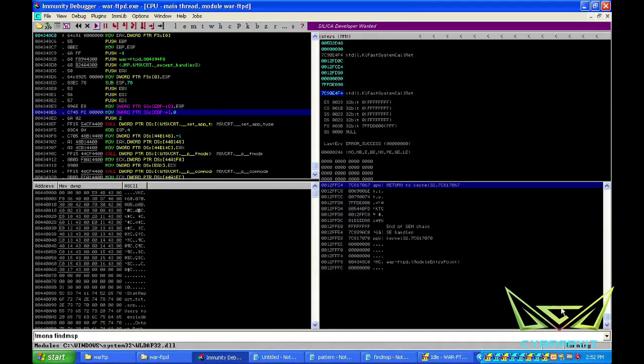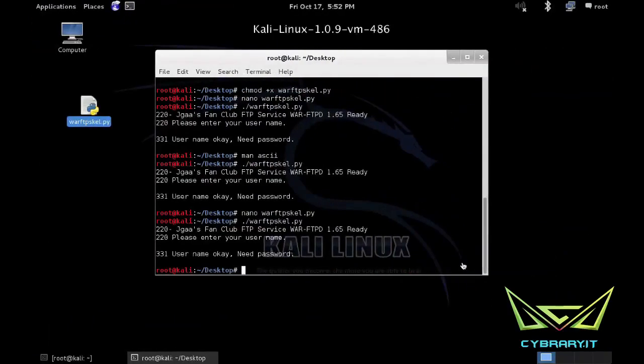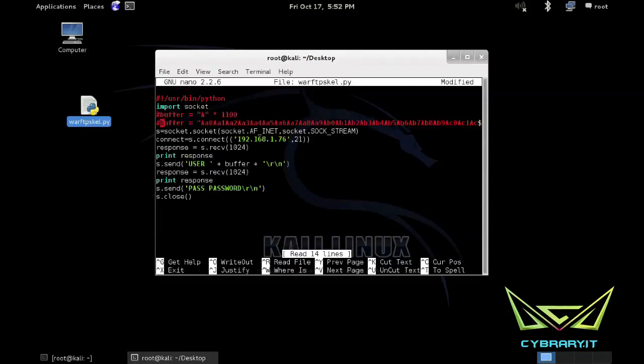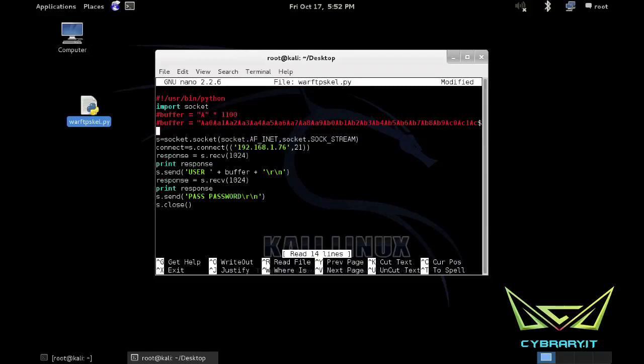Lightning bolt. We're running. Alright, so let's come over to Kali again and open up our war FTP scale.py. Again, let's comment out buffer equals our pattern and recreate buffer and set it equal to, let's say, A times 485. Remember that that is our offset to EIP. So plus B times 4, so that should be 4 bytes for EIP. Remember there were 4 extra bytes for the calling convention for some argument that will be ripped off when the program returns. So C times